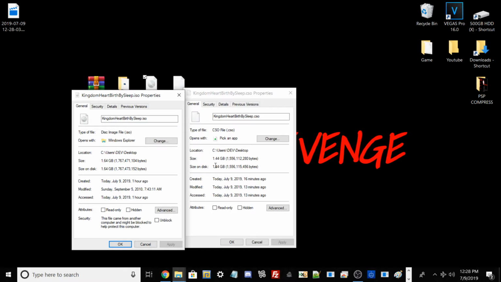of the tutorial. This is how simple it is. You don't need any additional programs or anything else. So if you were to transfer this over to your PSP or your PlayStation Vita, you could go